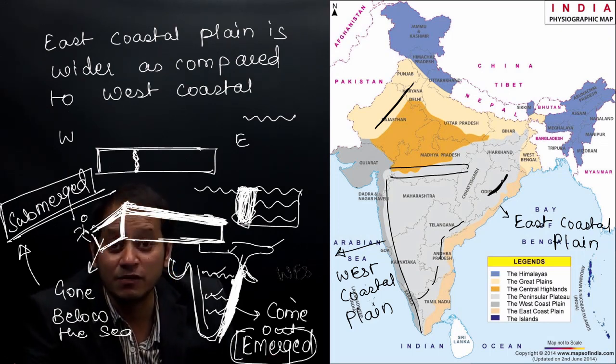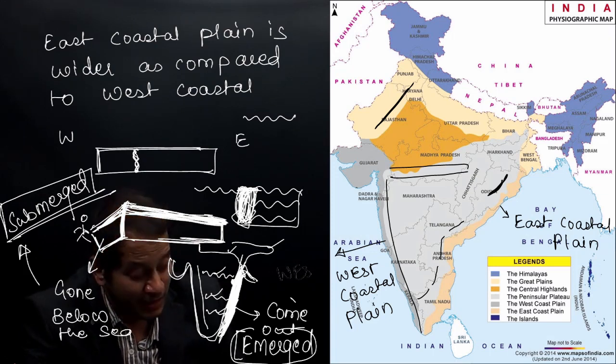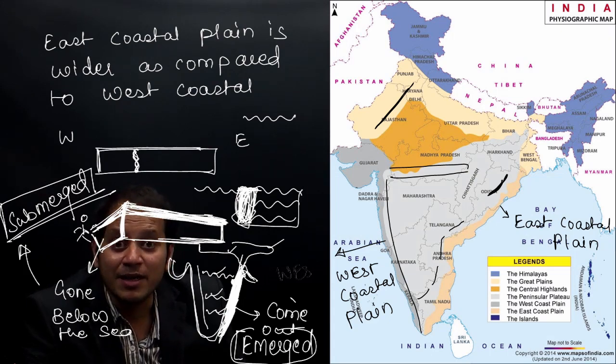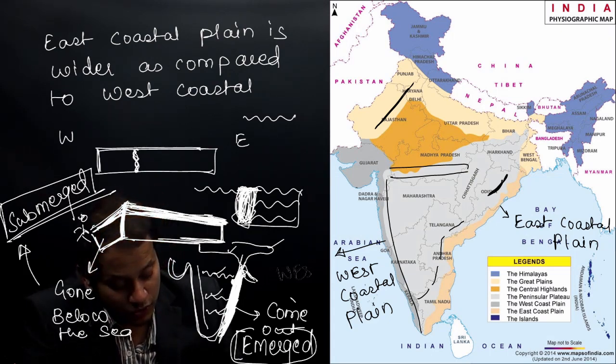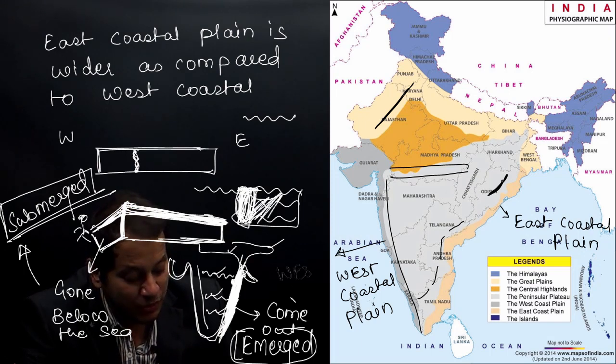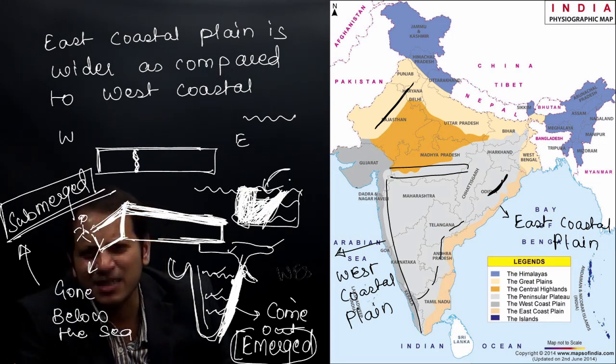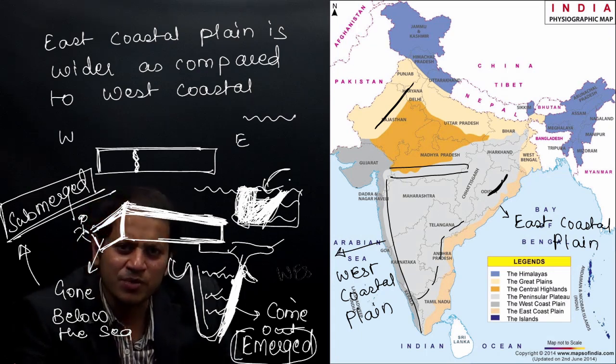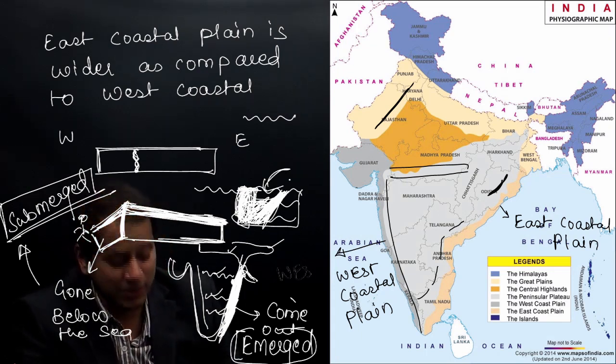So the two differences you should know before we go to the next part: the west coastal plain is submerged. Therefore, from the western side of India, the background of this western coastal plain, if you are standing here, you can see in my diagram, the Western Ghats look like high mountains, while the east coastal plain is an example of an emerged coastline. Due to this emerged coastline, whenever the land has come out, we see numerous islands, while in the area where the land has not come out, we see lagoons. That means any emerged coastline will have lagoons. A submerged coastline generally has a backdrop of high mountains.